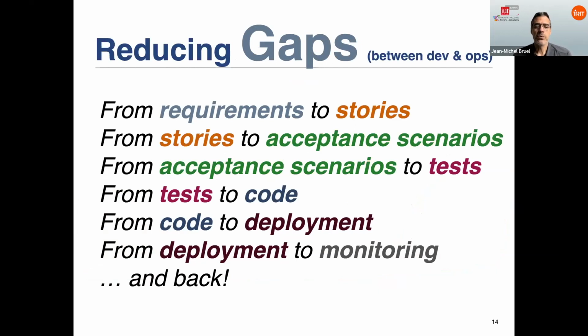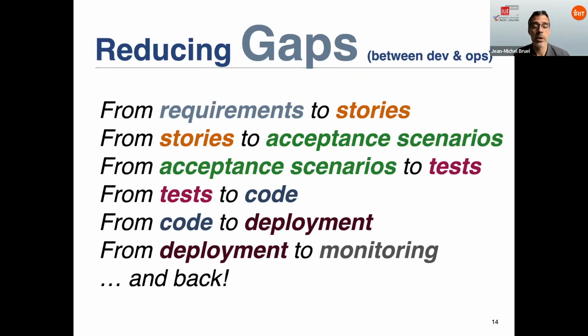So the idea is to illustrate in this lecture how we can, maybe not formally, but precisely go from the requirements to user stories, from the stories to the definition of acceptance scenarios, and then from those acceptance scenarios to the tests. We won't go into the next steps, but the idea is to go from the tests to the code, and from the code to the deployment. And then while the system is deployed, we monitor it, we get feedback from its usage, and then we go